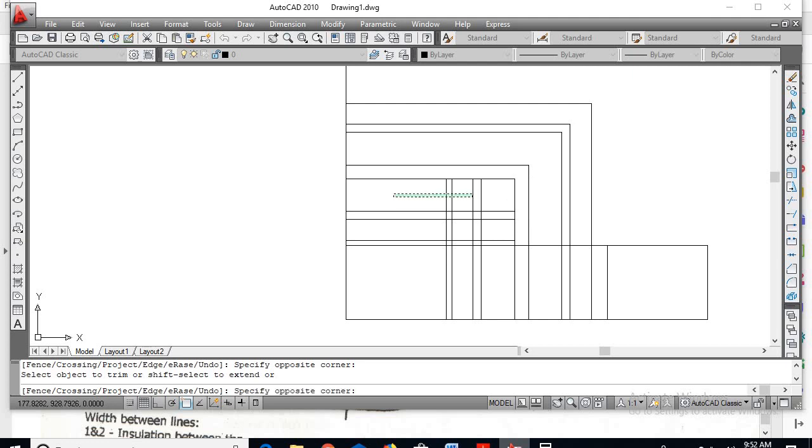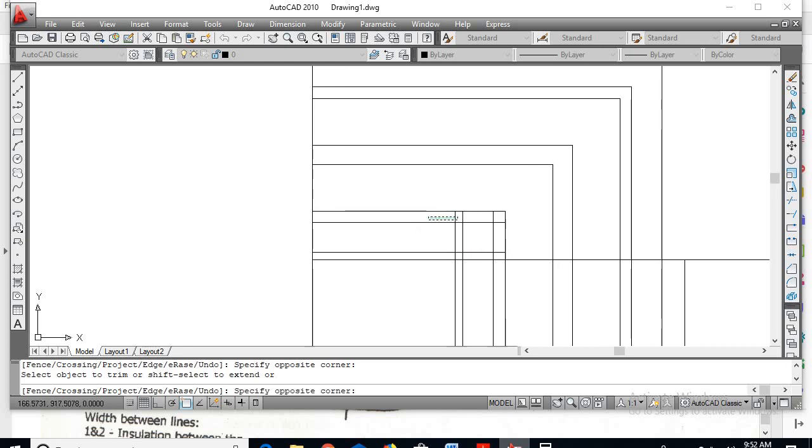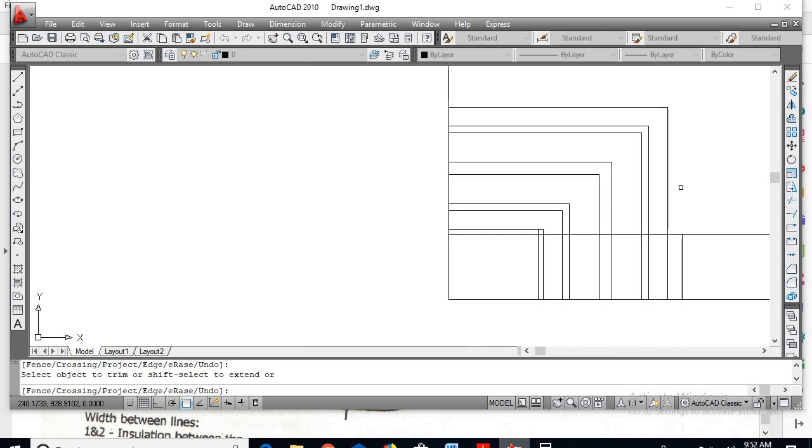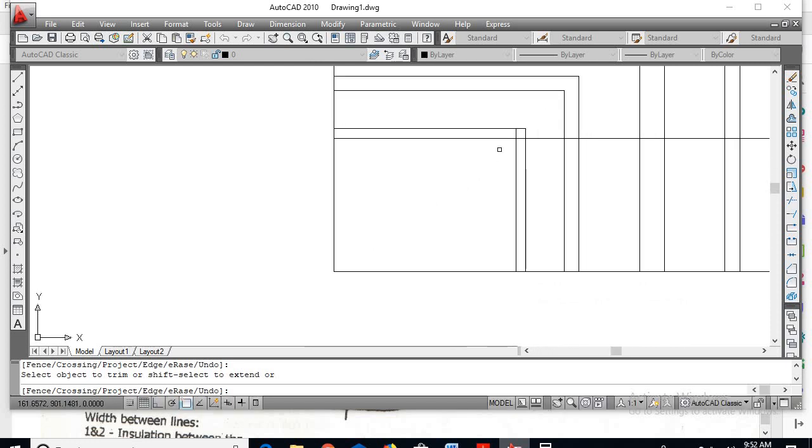Next, this is the HV coil. Here is the insulation. This is the LV coil.